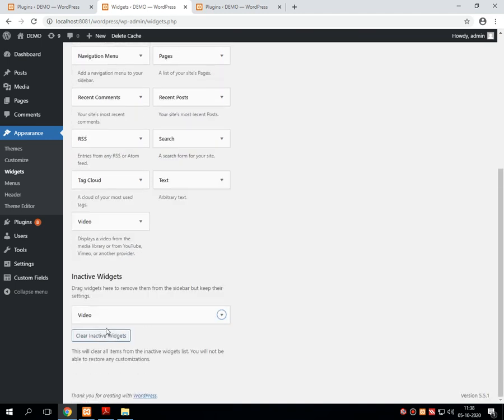Right, so this particular widget became inactive. What happens? Whatever the widget you have used in any of the corner of entire WordPress site, the widget called video becomes inactive.